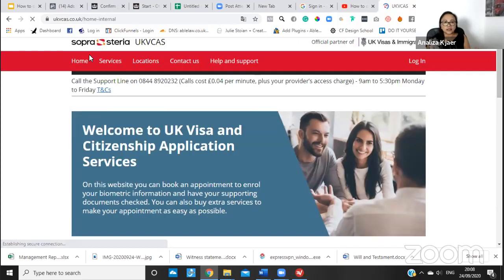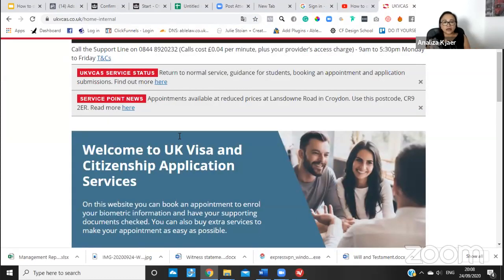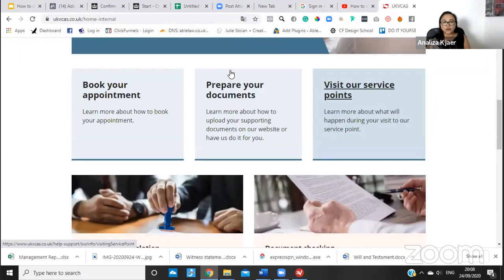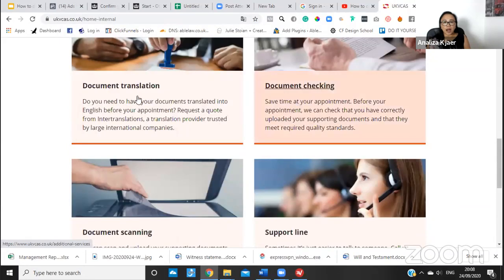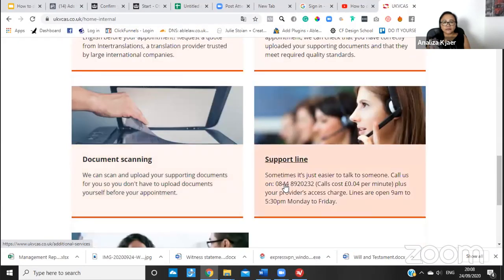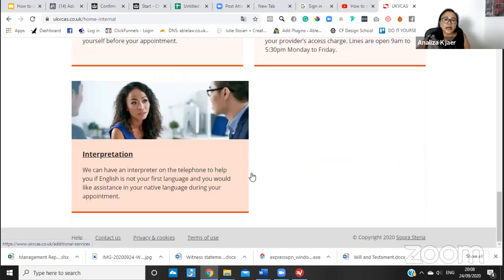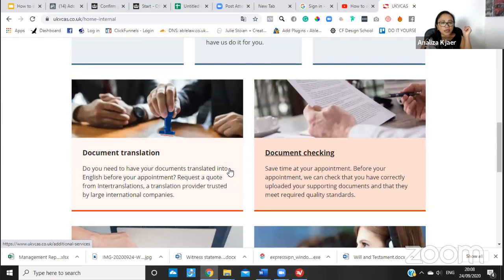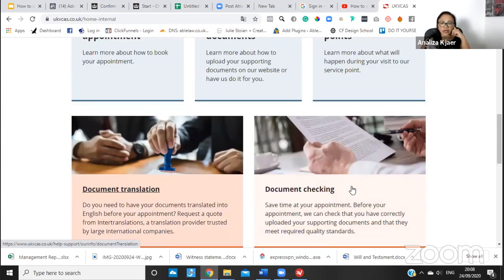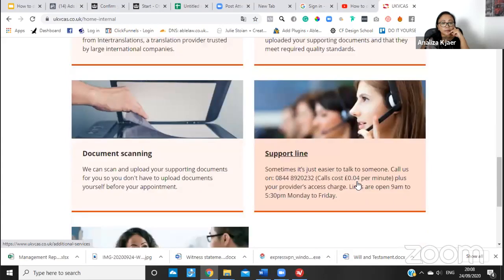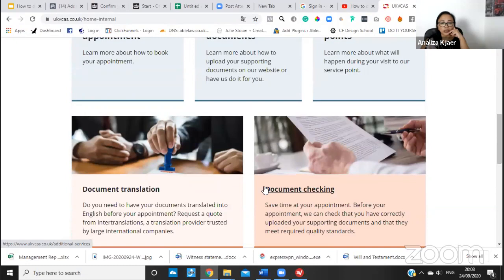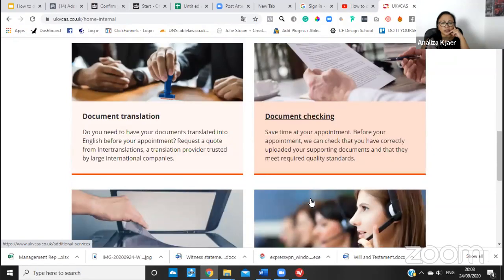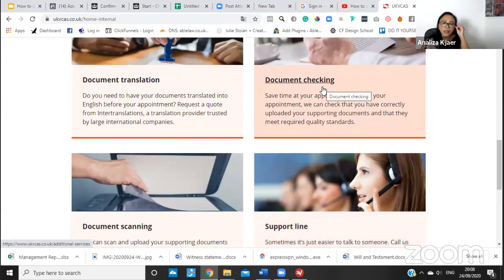Inside, yeah, this is the website. And inside here, you'll be able to prepare your documents, and you can also buy services here. Just be careful: if they have document translation, that's absolutely fine, but document checking, I'm surprised they haven't, because they had before advice on the documents, I think. Yeah, that's document checking. What you have to remember is they're not trained